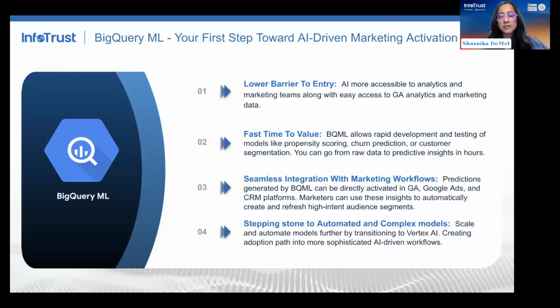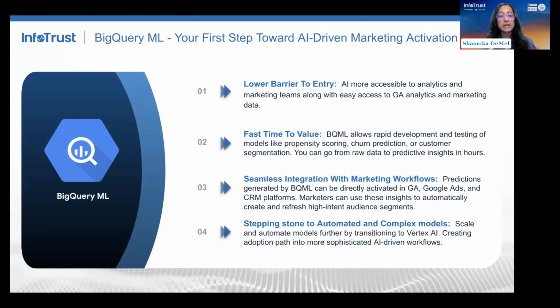And the last thing I want to say here is that BigQuery ML really helps with providing you with a low lift and high impact way to start putting your first party data to work. We here at InfoTrust have used this many times. It's really a great way to at least start the modeling process so you can start understanding.